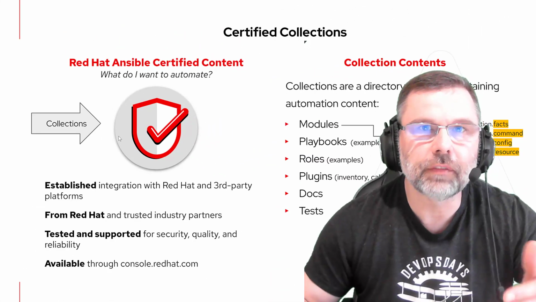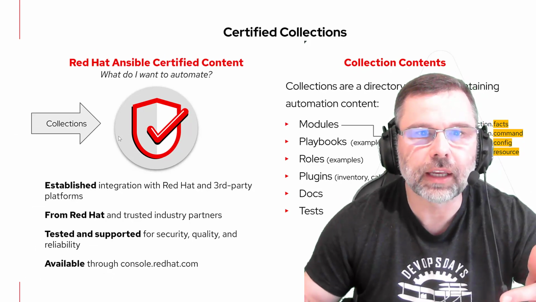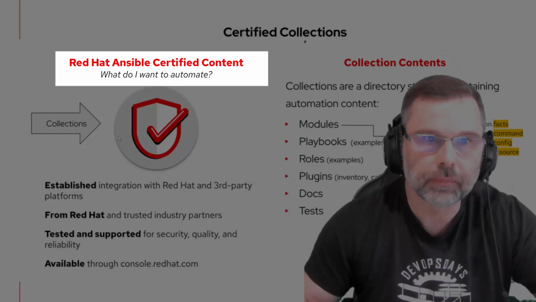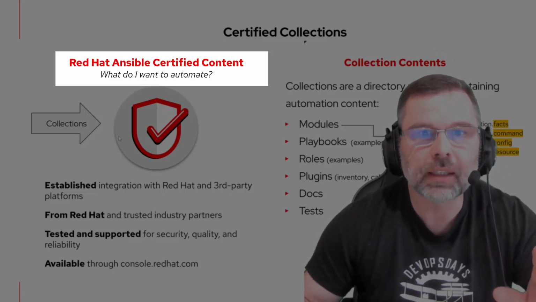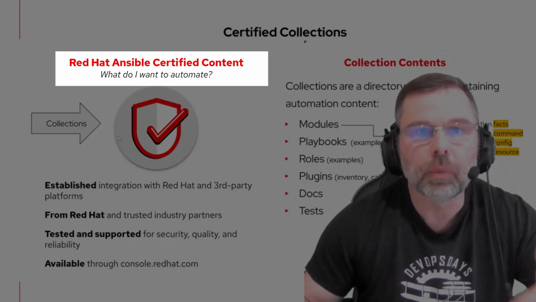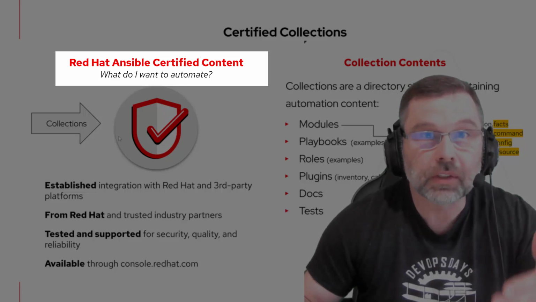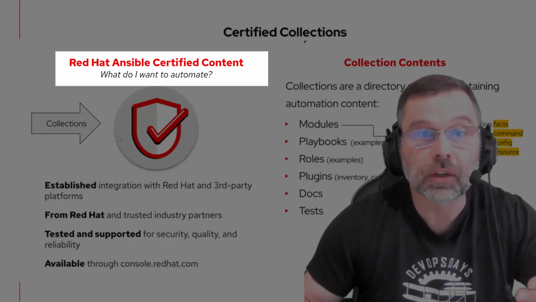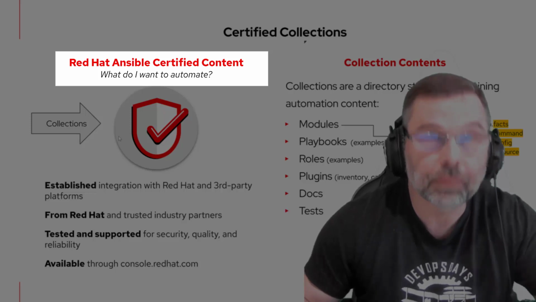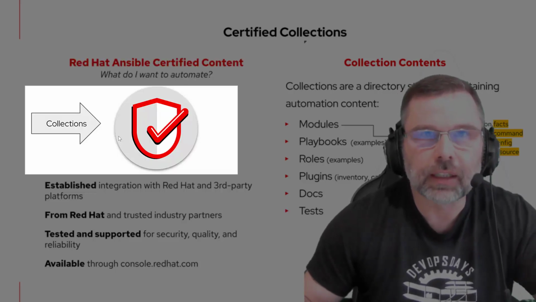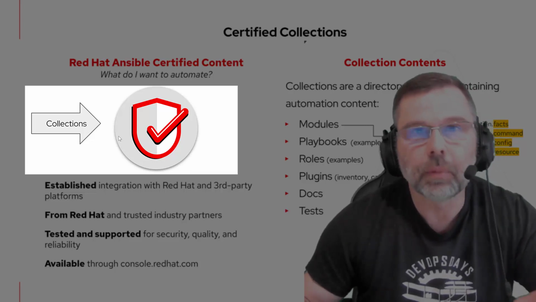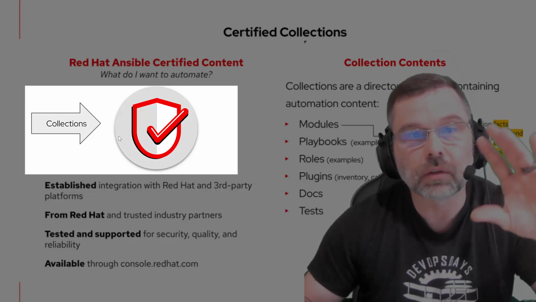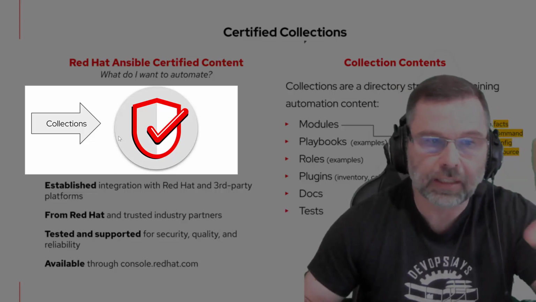In order to understand validated content, we must first understand the value of certified content. Effectively, certified content is necessary, and we must select the proper content when we know what we want to automate. So if we're automating Cisco routers, then we need Cisco router certified content. Certified content is delivered in a collection, and we'll speak momentarily about what a collection actually is and what composes a collection. But before that, we need to understand at a high level the value of certified content